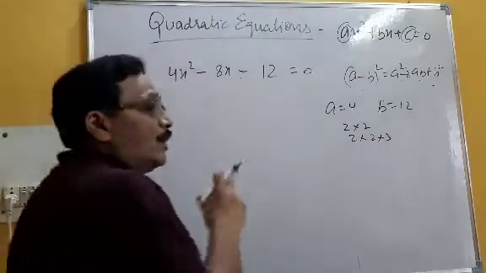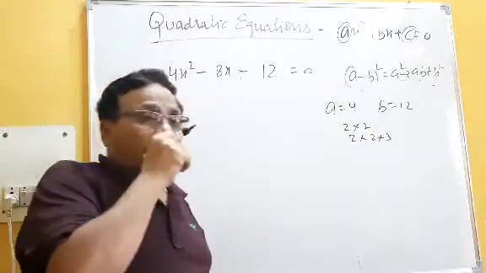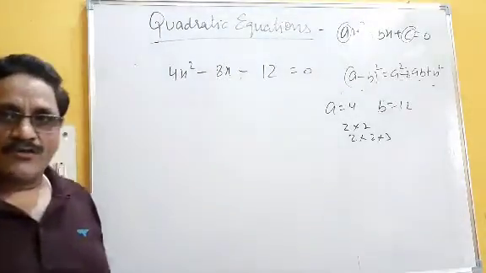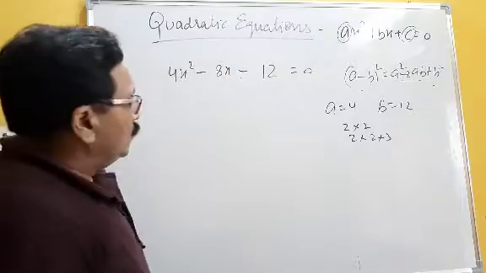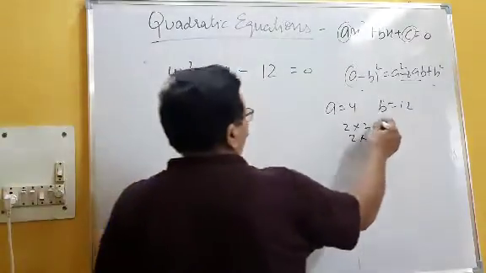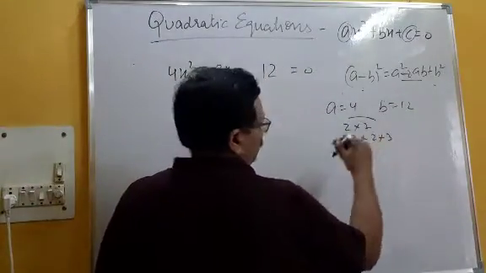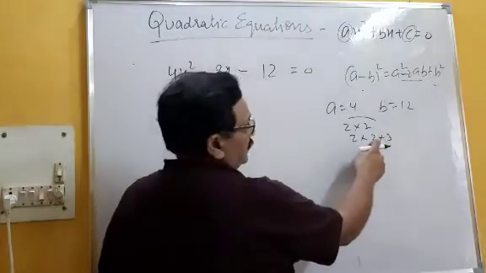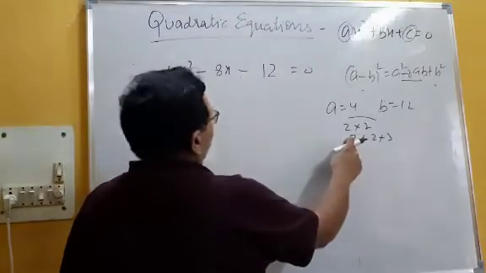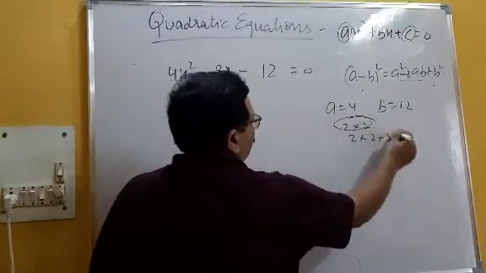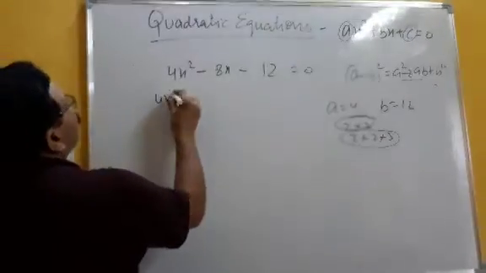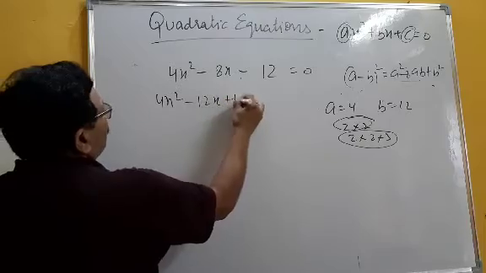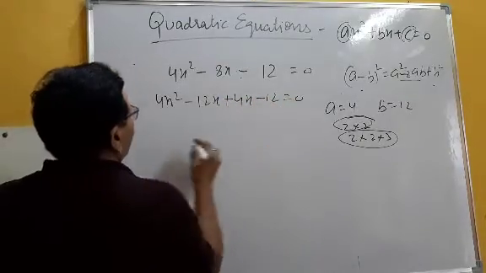We have to use what I told. You have to use all these factors to make two product forms, either their sum or difference should be equal to minus 8. So now you see, 2 and 4 is 8, 2 and 16, no, 3 and 6, okay, 6 and 12, or 12 minus 4, 8. So 4x square, 12x plus 4x minus 12 equals 0.